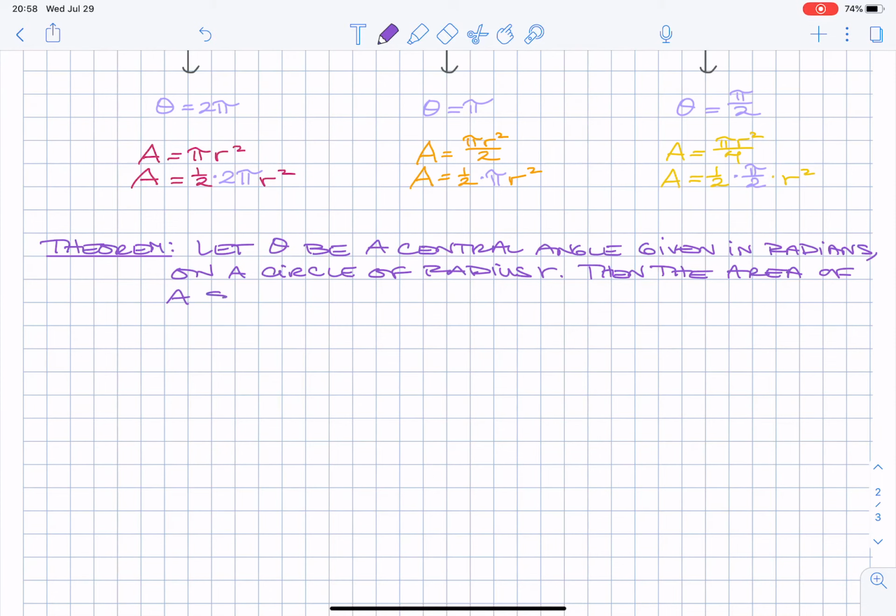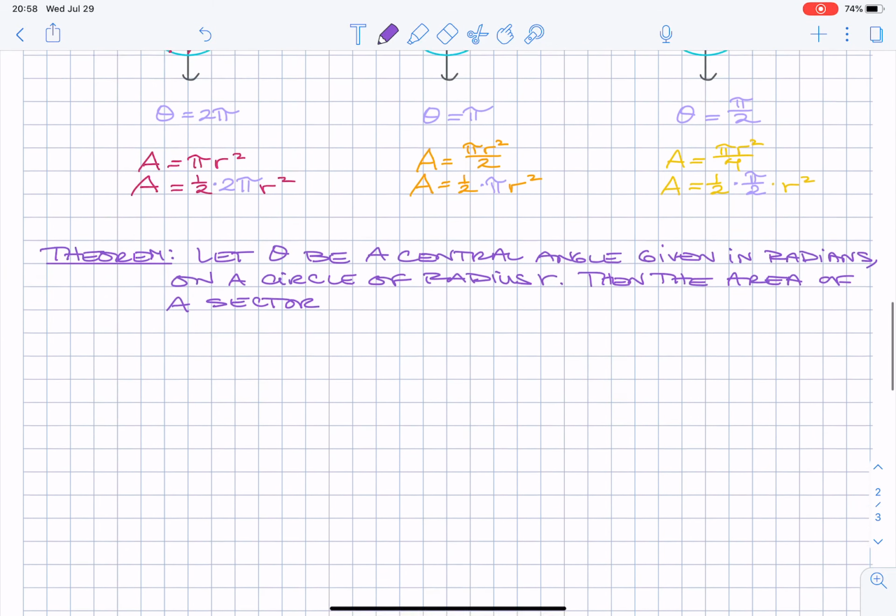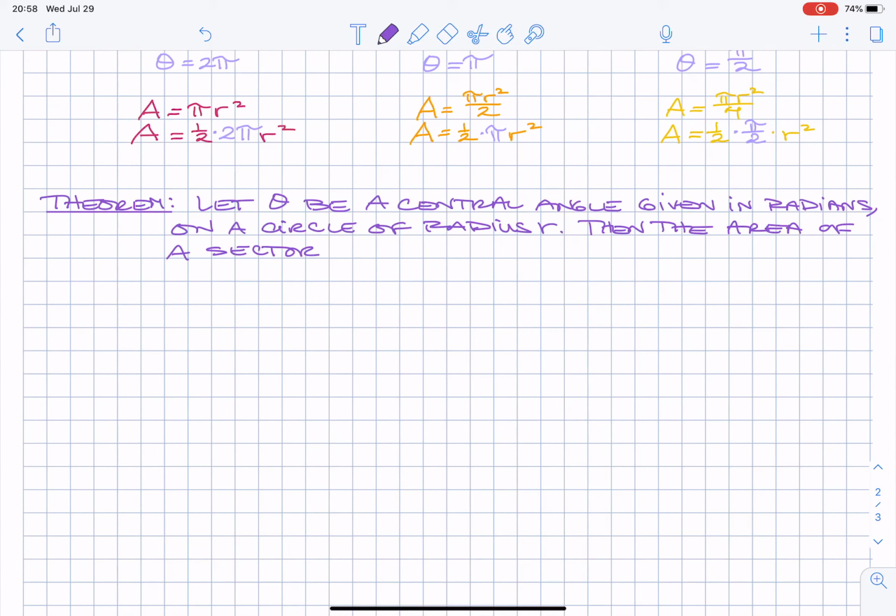and what do I mean by sector? Let's look up at the pictures I did. It's really a piece of pie. Notice this is the whole pie, this is half the pie, and this is a quarter of the pie. So think of a sector as a piece of pie. So then the area of a sector, do you know what? Let's use the sector. That sounds better. And the area of the sector, subtended by an angle theta, is what? The sector subtended by theta is given by,